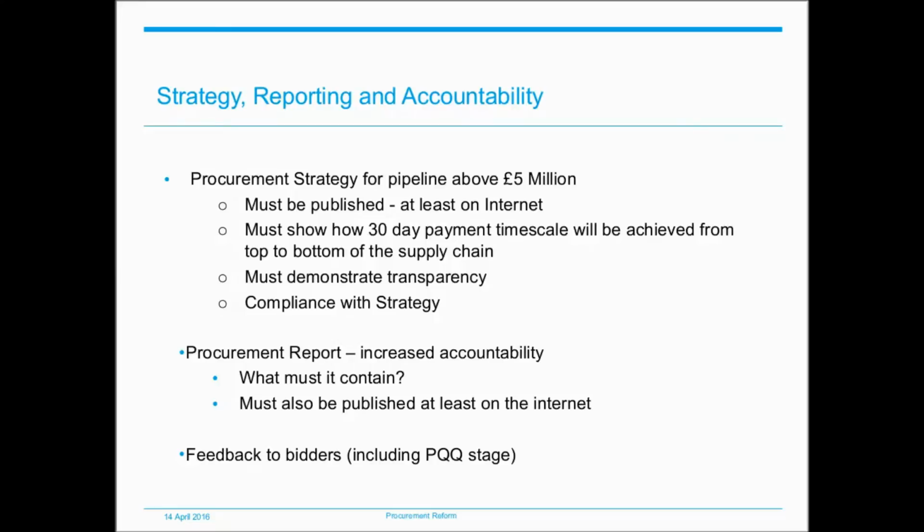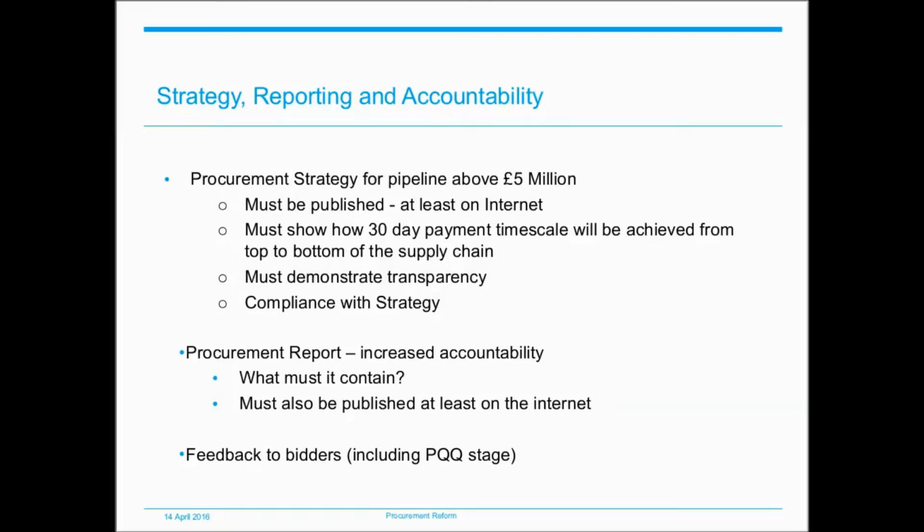It has to include a statement of the authority's general policy on how it intends its approach to regulated procurements involving the provision of food to improve the health, well-being and education of communities in the authority's area and promote the highest standards of animal welfare. And I would also flag that there's scope for the Scottish Ministers to specify further matters to be included also. Section 17 of the Act requires the contracting authority to comply with the procurement strategy.